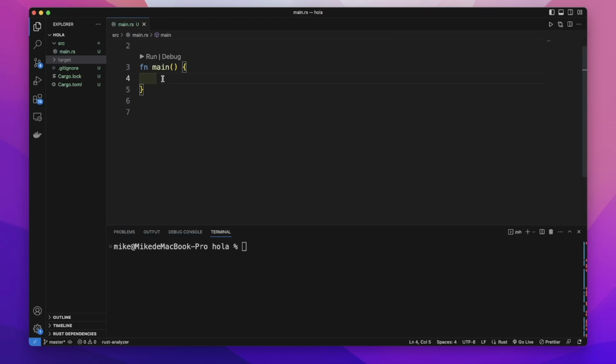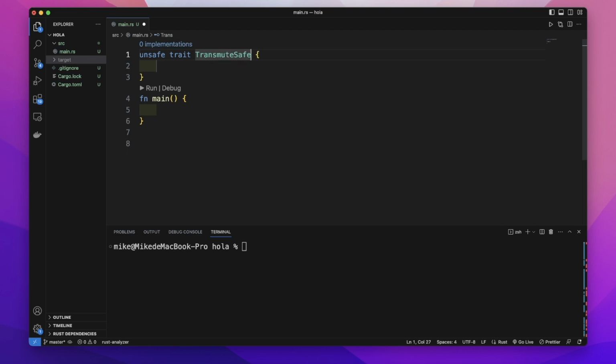When we implement an unsafe trait, we must uphold some invariant that the compiler can't verify. So we need to be careful when implementing an unsafe trait. Let's create an unsafe trait. Use the unsafe keyword and trait. Give it a name,